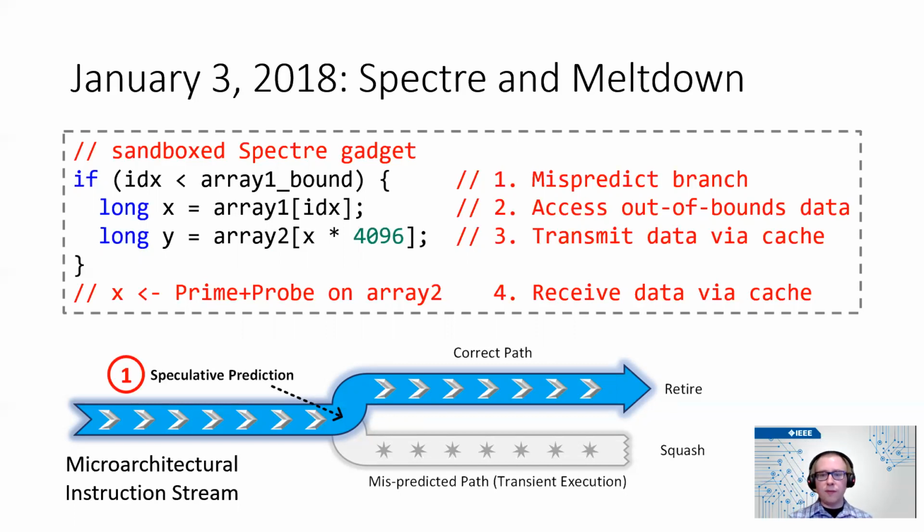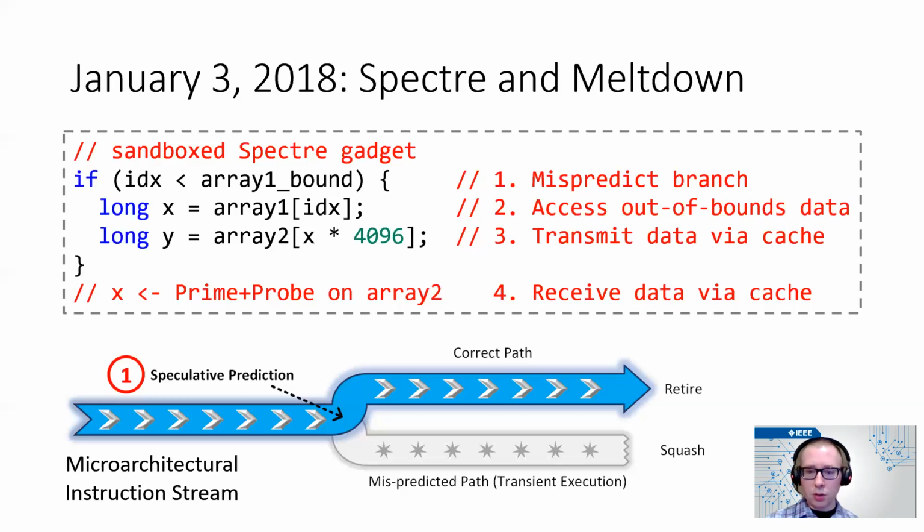Any instructions executed following a speculative misprediction are executed transiently, meaning that the instructions are executed by the processor, but they never retire and commit to the architectural state that is visible to software. Instead, those transient instructions are said to be squashed, and from the software's perspective, it is as though they were never executed. However, and this is the key insight behind these papers, the transient instructions may leave some microarchitectural residue, for example in the CPU's cache state. And that's precisely what will happen in steps 2 and 3.